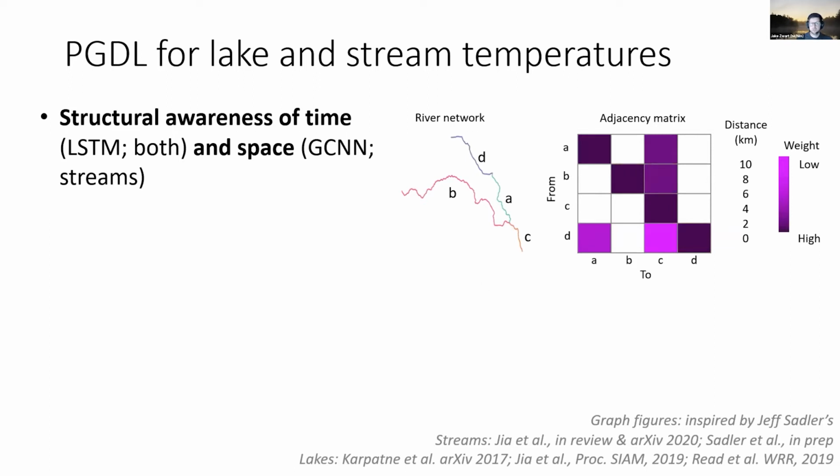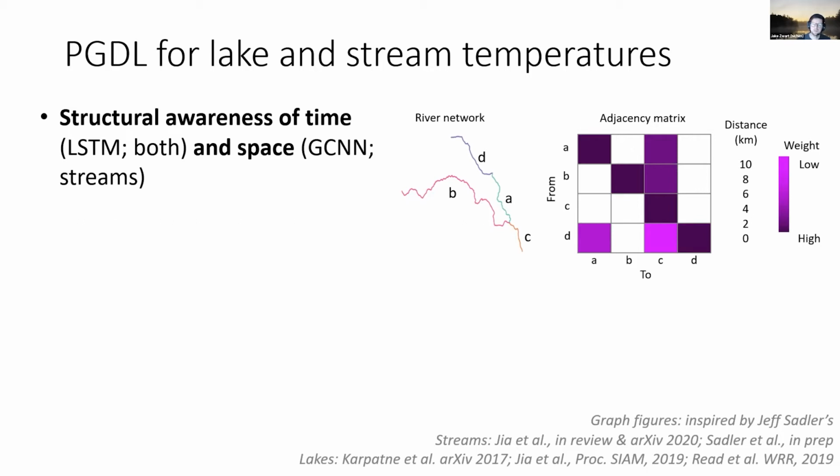For spatial structural awareness, we've also been using graph convolutional neural networks in addition to long short-term memory networks to represent spatial relationships in stream networks. We're not using it for predicting lake temperature right now, but for stream networks, it's quite important. This is just an example of how we're representing the structural awareness of the stream network in the deep learning